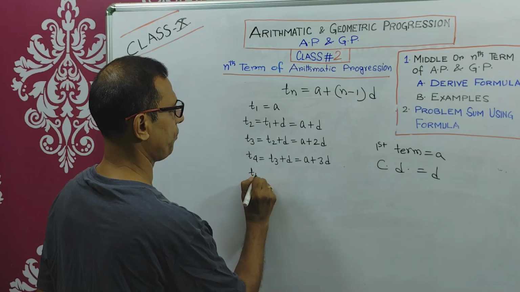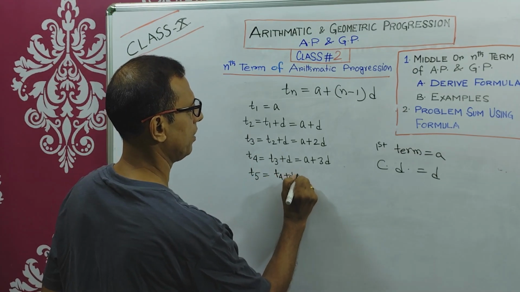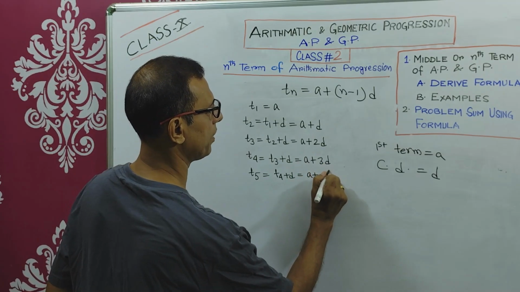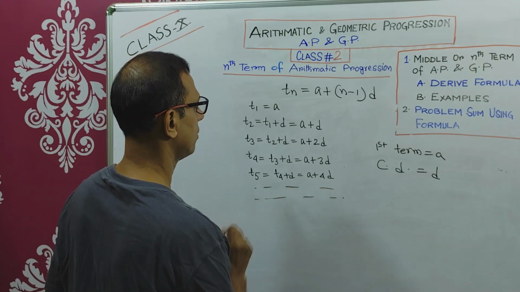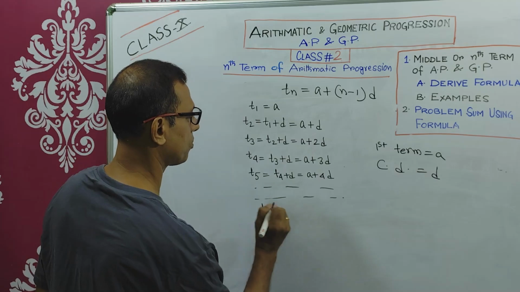T5 equals T4 plus d equals a plus 3d plus d, that means a plus 4d. Now if you continue like this, what will be Tn? Tn equals,